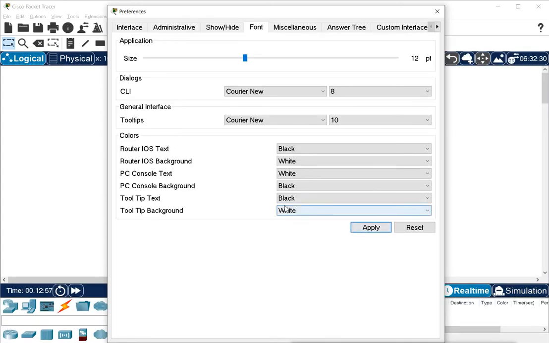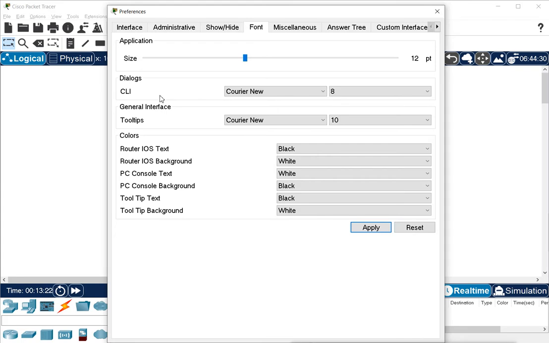Now you can see it is enlarged, and we can easily see those icons and options. So what I did is enlarge the application font from 8 point to 12, and I think 12 is enough for us. If it is a mistake, you can reset it anytime.